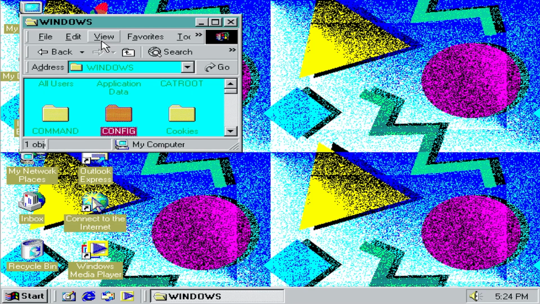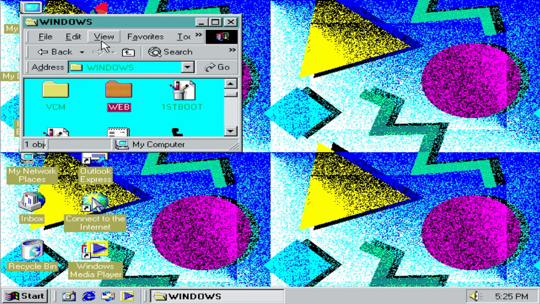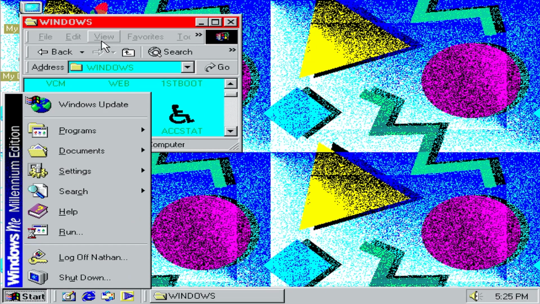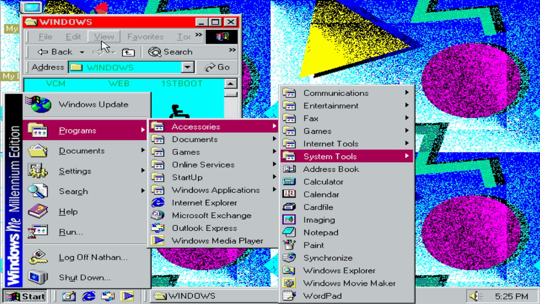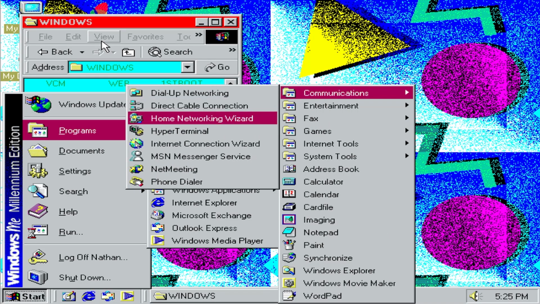Windows. Let's see, some are still there. The first thing to do in here is some Windows applications. Let's go here, games,